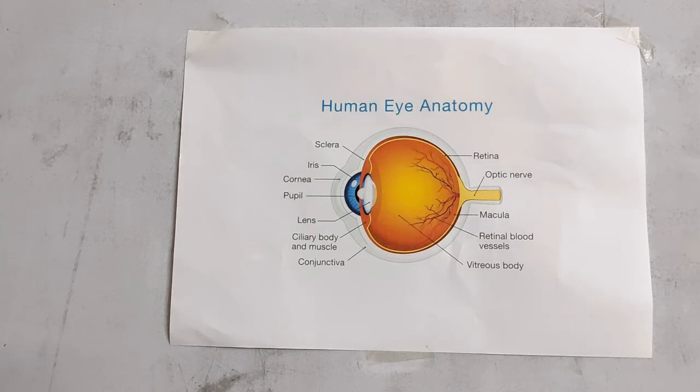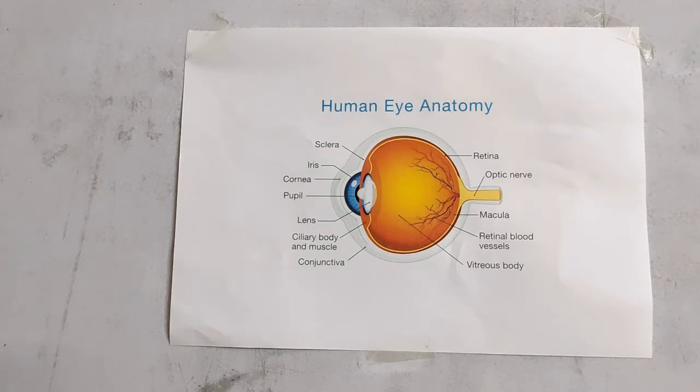That's just to know. That is aqueous humor and vitreous humor. So what is this? Aqueous humor is a water-like fluid produced by the ciliary body. Now what is this ciliary body and ciliary muscles? I'll come to it. It fills the front of the eye between the lens and the cornea and provides the cornea and the lens with oxygen and nutrients. I think that's more information to know, right?